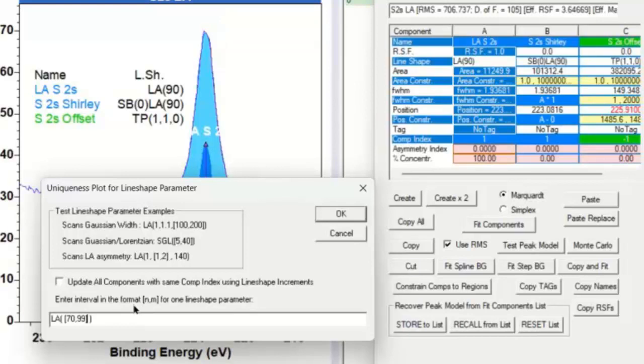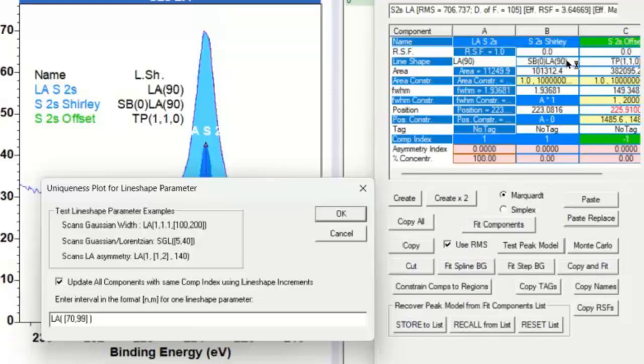This will give us a range of different fitting statistics, and we can evaluate how the peak model is fitting the data to make some educated decision about what line shape is most appropriate for this particular peak model. Now, there is a subtlety here in that I've got a component that represents the inelastic scattering from the photoemission peak using the same line shape. So I've indicated here that I've got the same component index 1 in both of these components, and there is an option for causing the scan of this parameter in one component to apply to any other components in the